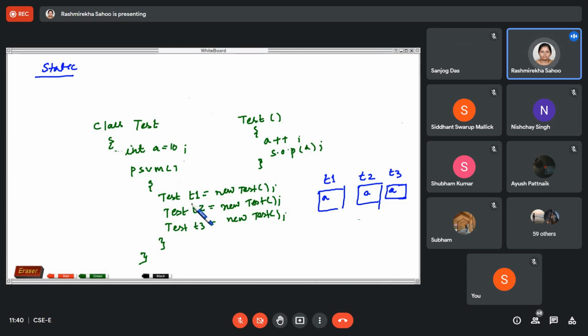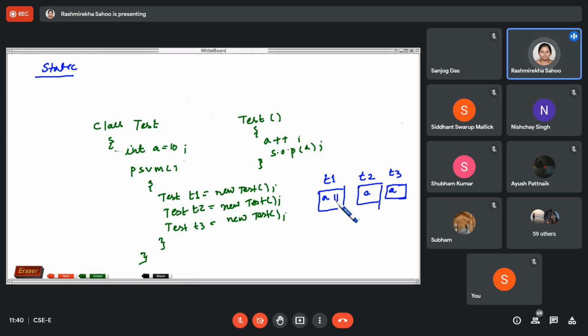Now when you are creating the object Test T1 = new Test, this is a constructor. So when you create this object, automatically this default constructor will be called. When it is called, the A value gets incremented by 1. The A value we have is 10, so here it will be 11. So for this T1 object its value is now 11.